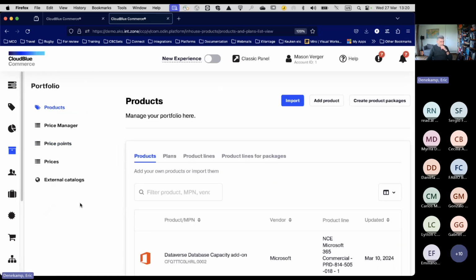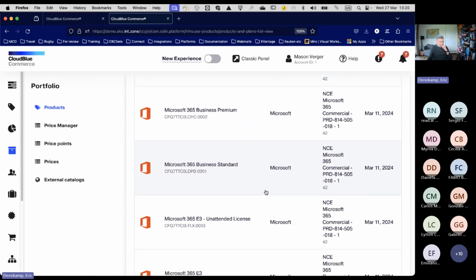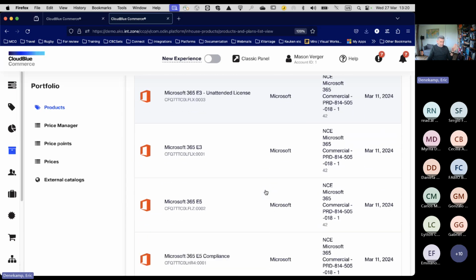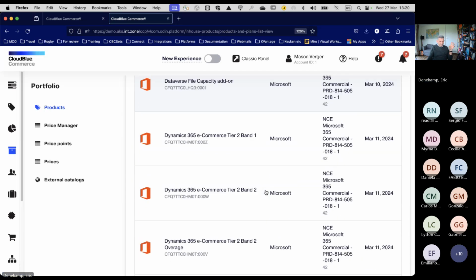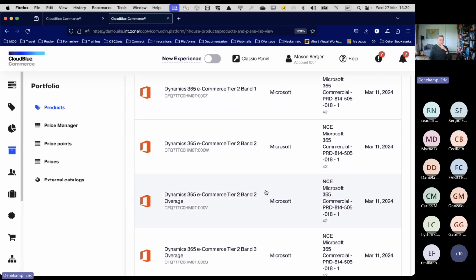So we see products here, all the products. We will talk about the terminology, because if I could have gone back four or five years when we started building PLM, and I could talk to the product team, I would tell them to do it differently from how they have done now. But you will see that.